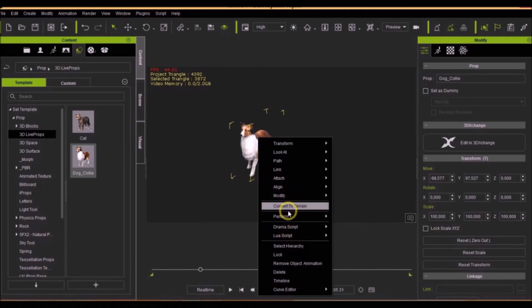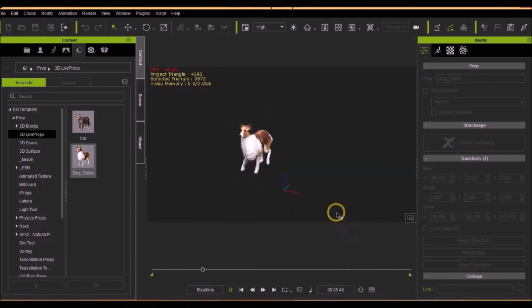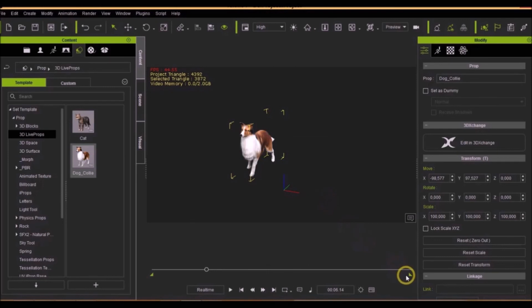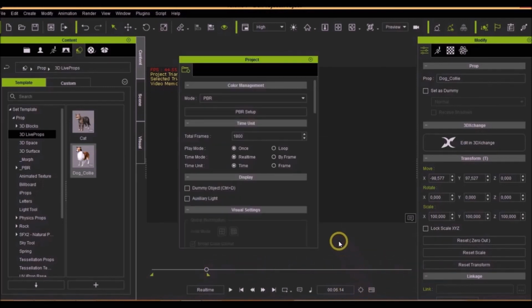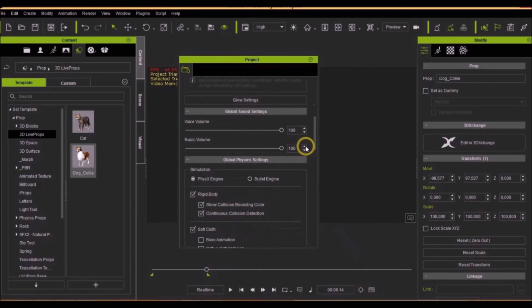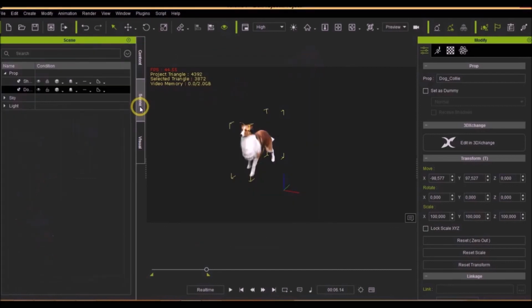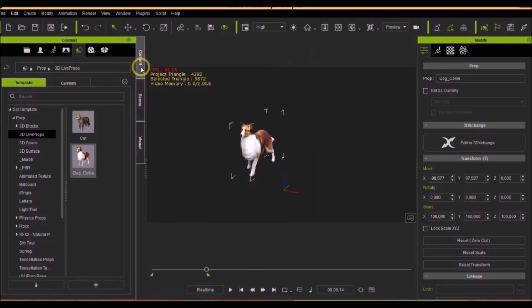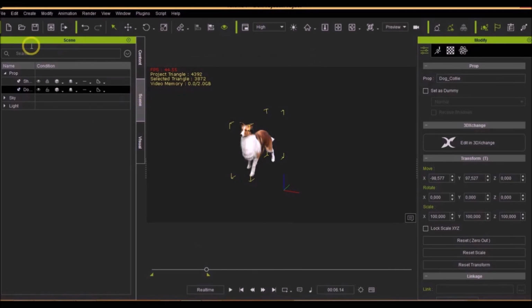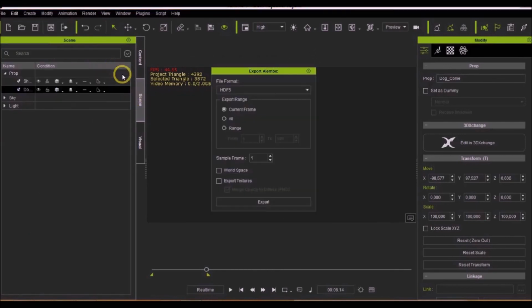Export the Alembic file from the pop-up menu of the file command with the export of textures. Don't forget to bake animation in the project tab. Let's save the resulting Alembic file in the folder where you will see the export results.